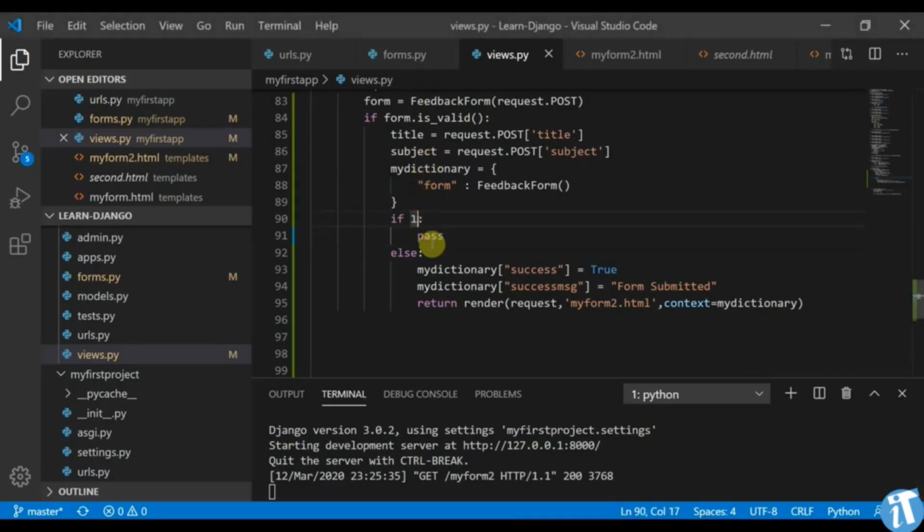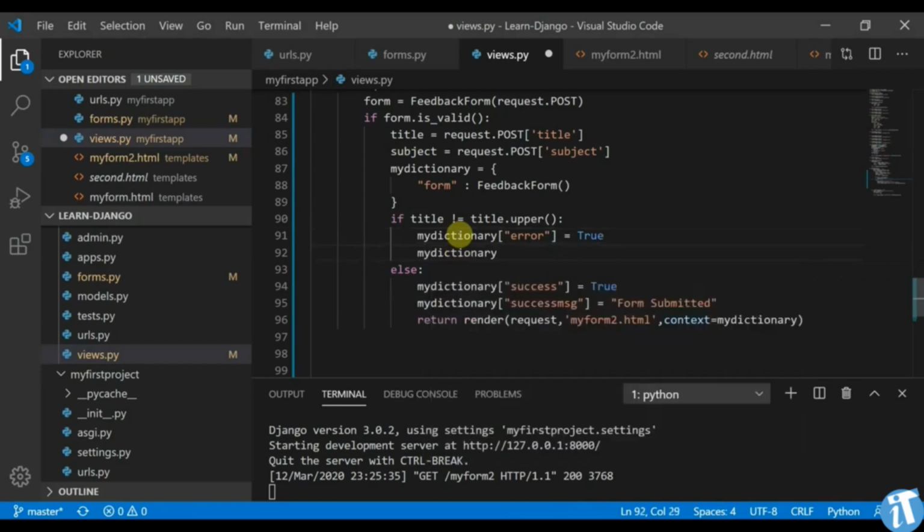Now if title is equal to title.upper, so this is a string method in Python which can be checked. If title is not equal to title.upper, then we would do the same thing. My dictionary of error is equal to true. My dictionary of error message is equal to